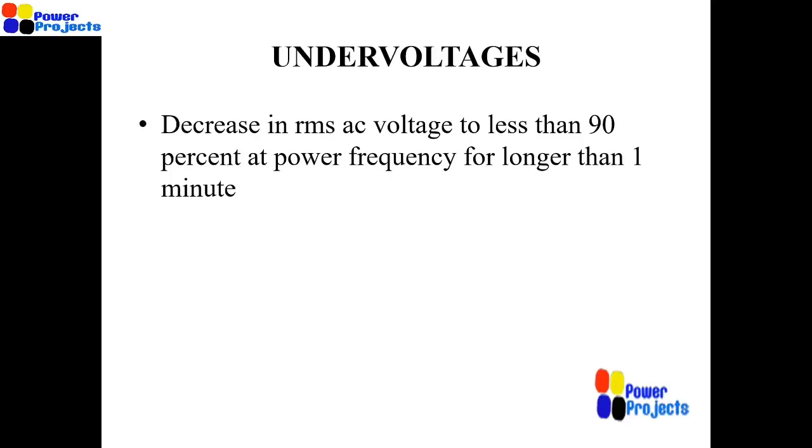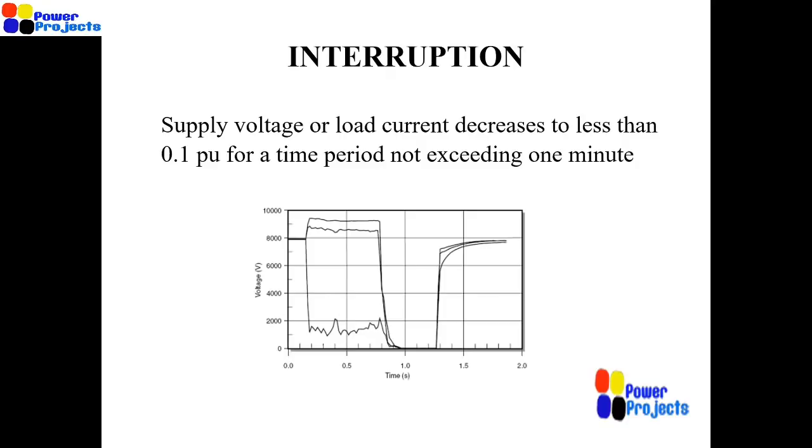Under voltage: similarly, if there is a reduction in voltage, that causes damage to your equipment. So probably below 80 percent of the voltage for more than 2 seconds, your under voltage relay will pick up and isolate the system. There are also interruptions due to whatever reasons, like auto reclosures, where you will have a momentary interruption in the power.